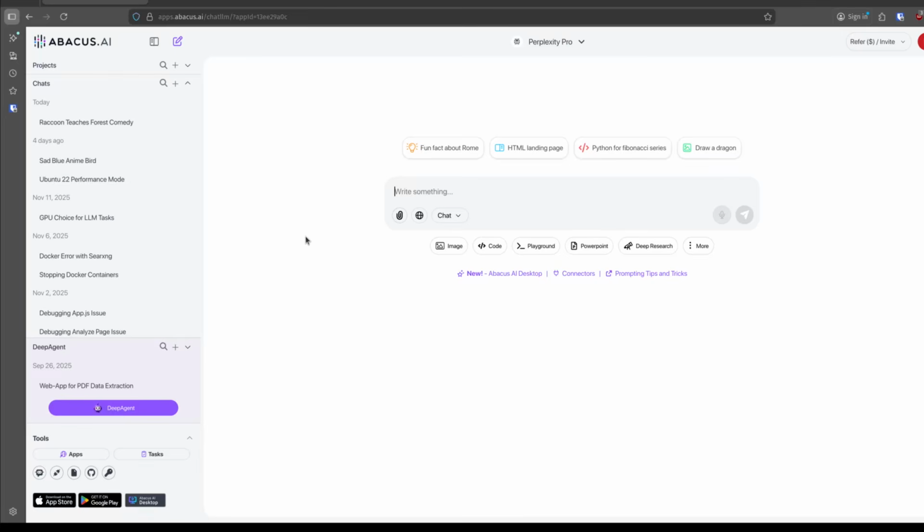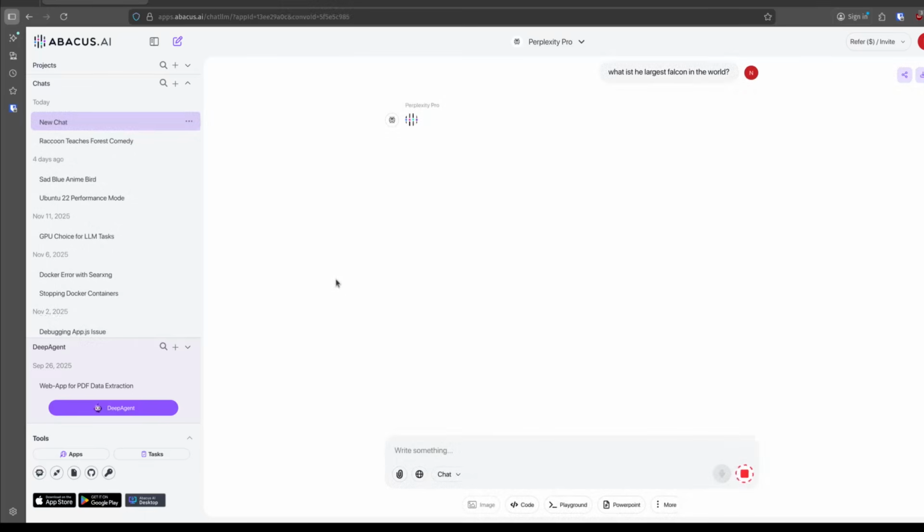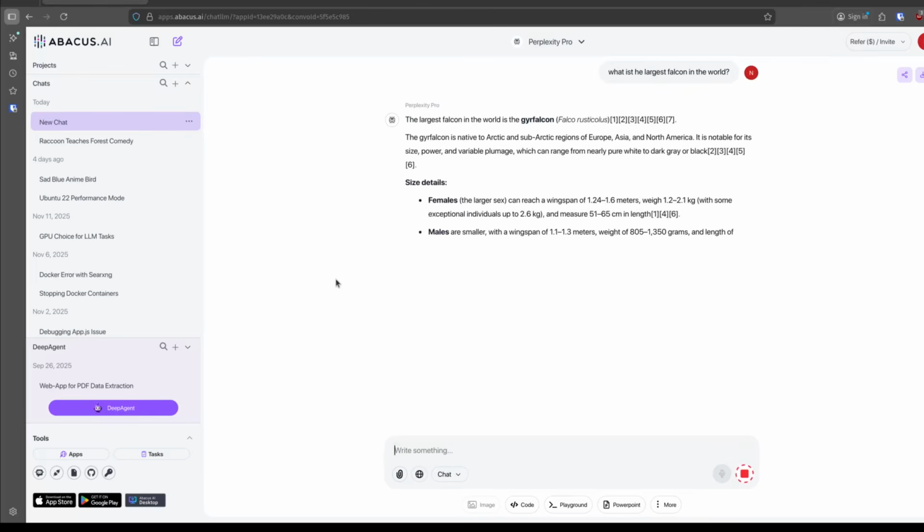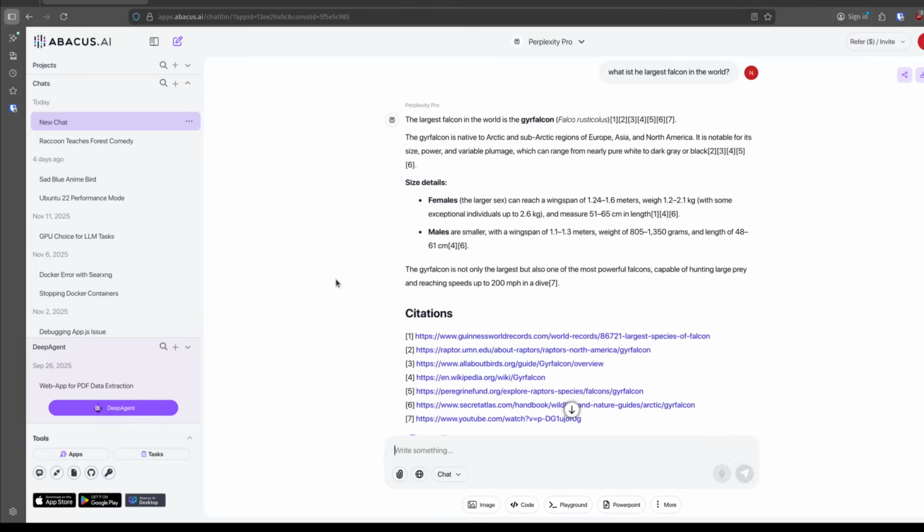So speed might be something that you guys are wondering about real quick. And to be clear, this is something that I'm happy with. I know I'm talking about things I don't like, but real quick, I'll just show you, like, what is the largest falcon in the world. We'll just ask a simple question from Perplexity Pro. It'll kick back a response pretty quickly here. I've always been pretty happy with the speed of ChatLLM. I've never had cases where it was super slow or anything weird like that. It's always worked pretty well.